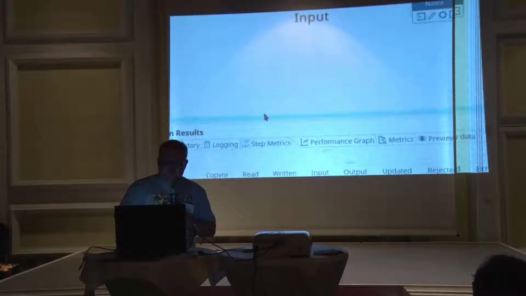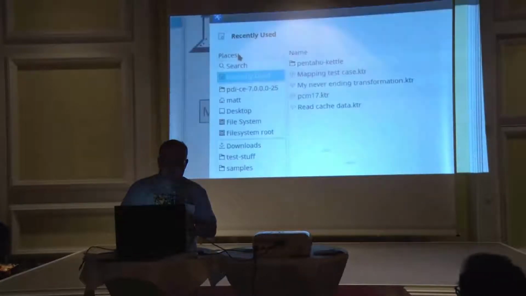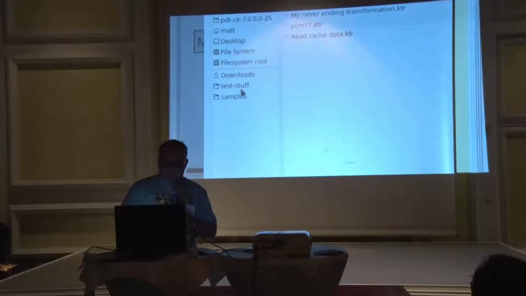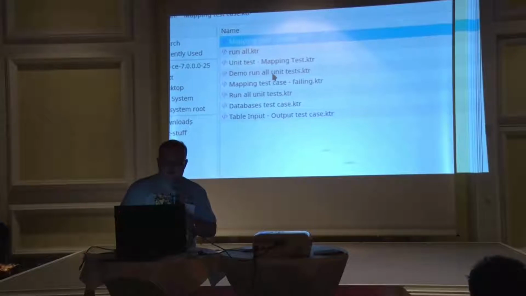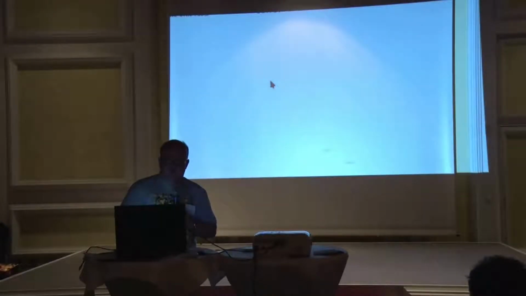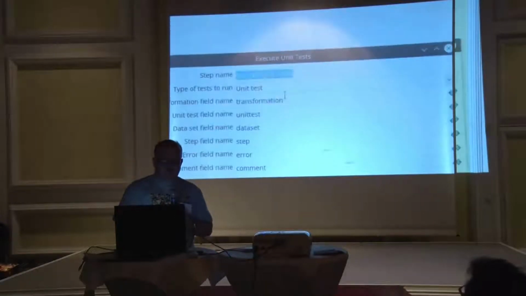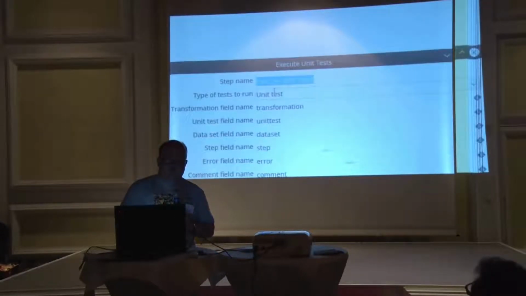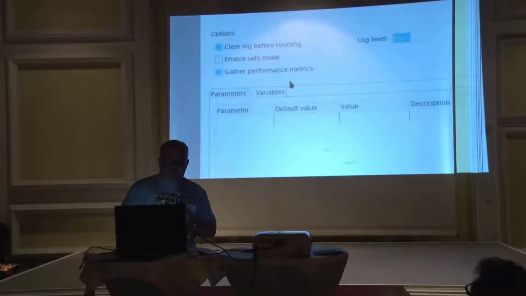And then obviously the next thing to do is run this. Just open this. So run all the unit tests. We created a new step to execute all the unit tests of a certain type, in this case type unit test. And so all the tests that are defined, you can actually run them